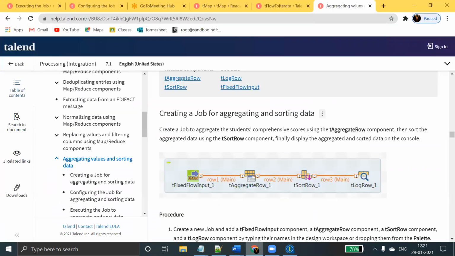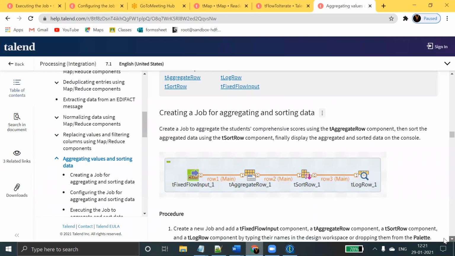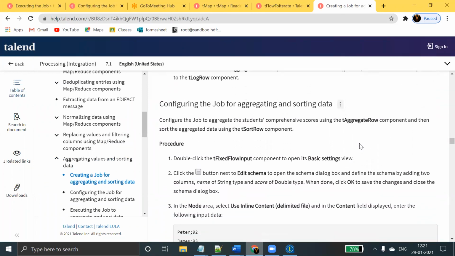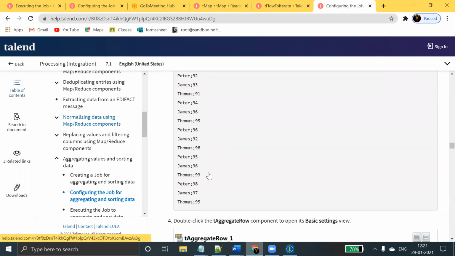As far as this example, I'm taking the data from this.